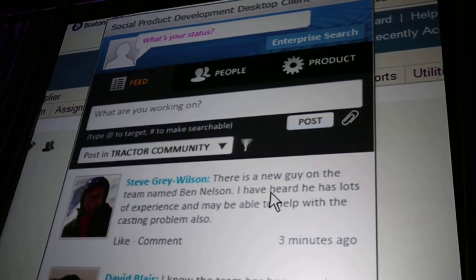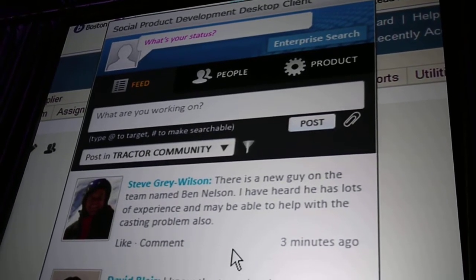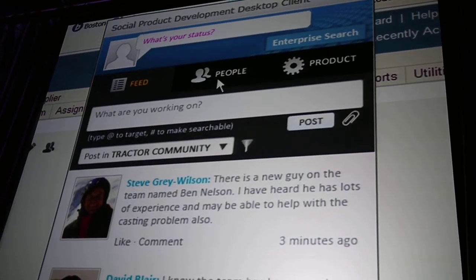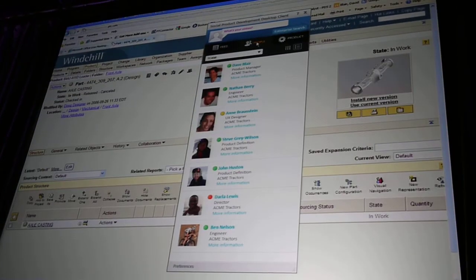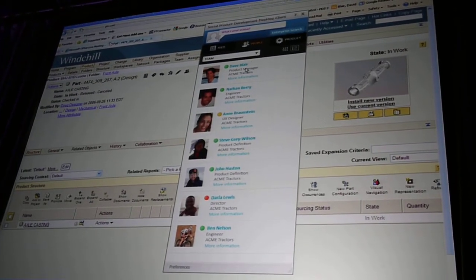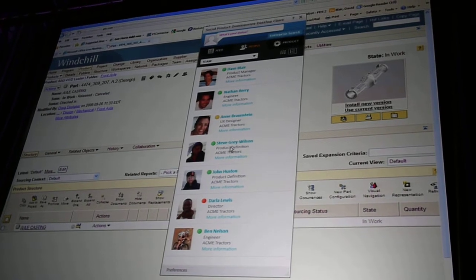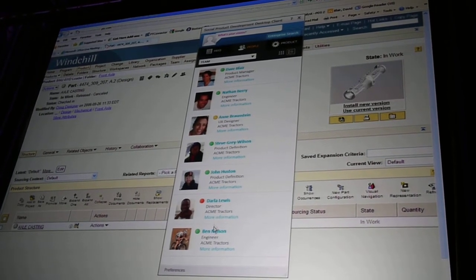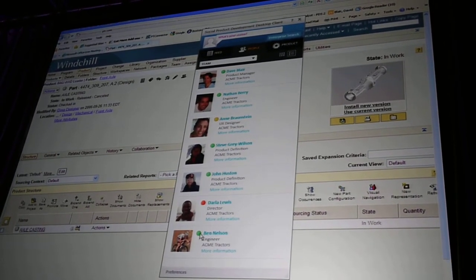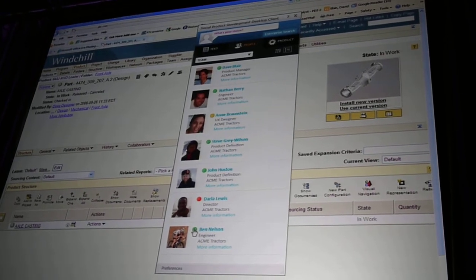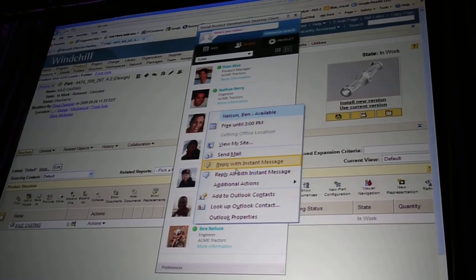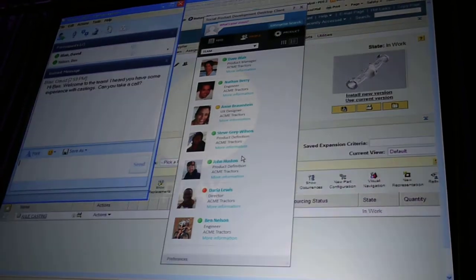And the last segment I'll highlight here is the ability for Windchill SocialLink to help you find and communicate with other people in your organization, to form those connections. Many of you work in very large organizations where it's difficult to know everyone who can help you address a problem. Windchill SocialLink will help you define and maintain your skill profile